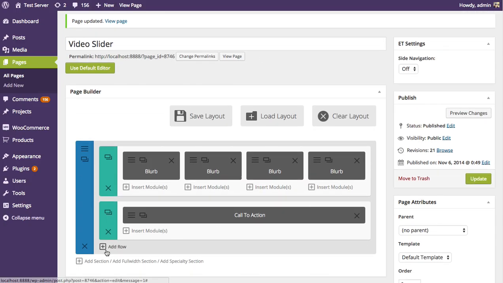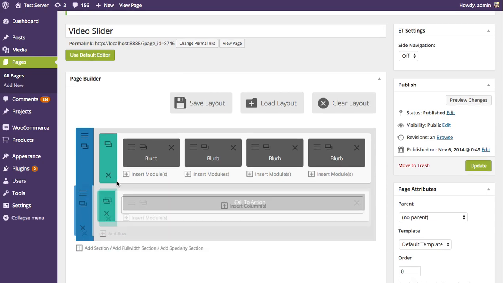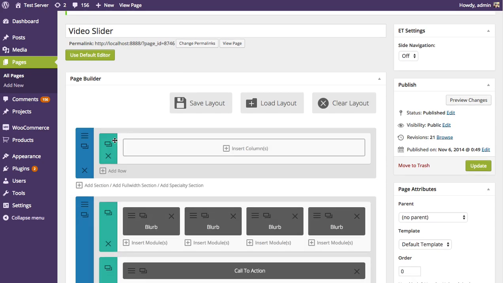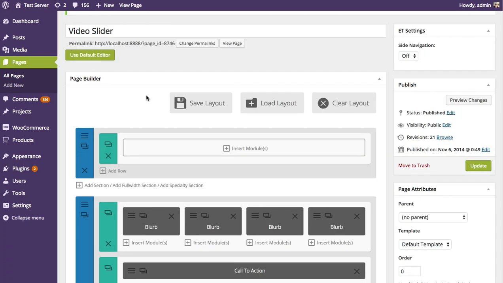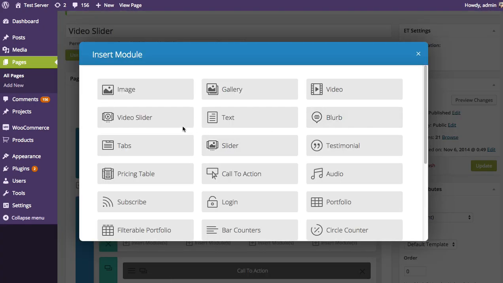First things first, I'm going to add a new section and bring it to the top of our page because I want our video slider to be at the top. I'm going to add a new column, and in this case I want the video slider to be the full content width, so I'm just going to add a 1 column row. And then once that row has been added, I'm going to click the Insert Modules button and choose the Video